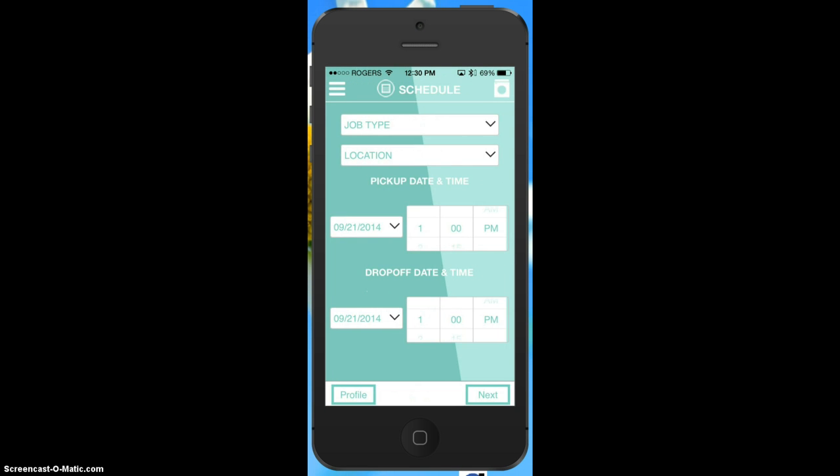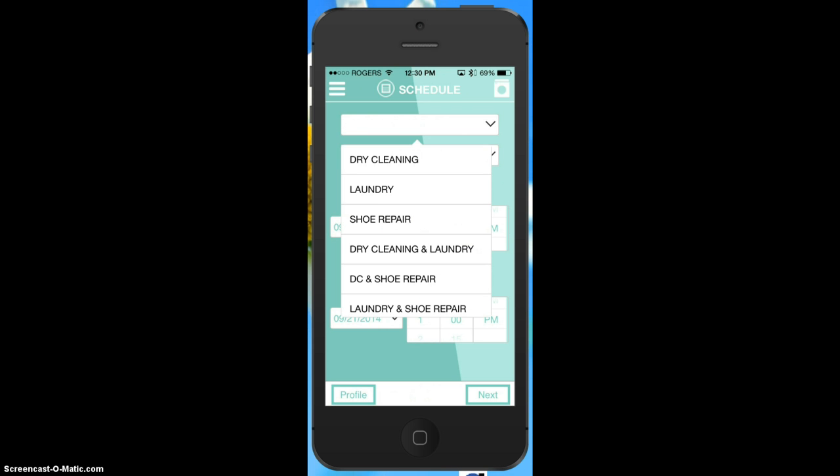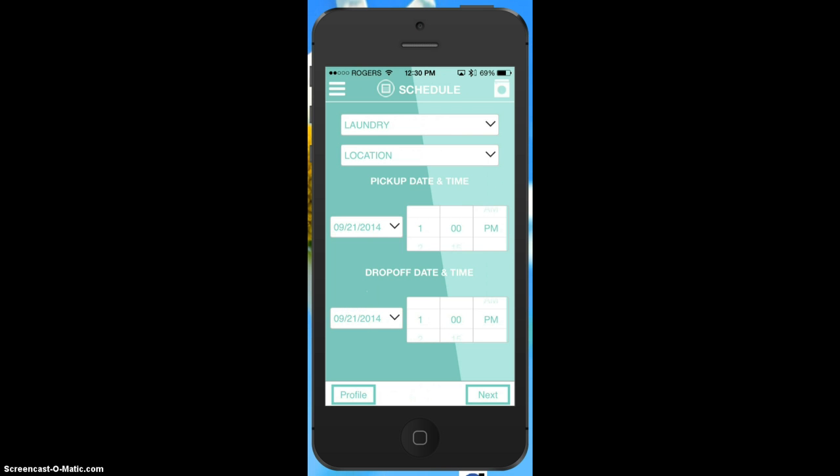Here we can select the type of order that we want to create: dry cleaning, laundry, shoe repair, that sort of thing. So we'll do laundry. Now if I just go ahead, there's some default values in for dates. Pickup date and pickup time, drop-off time rather. Pickup date and drop-off are the same date. So if we try to go next, we'll get a message saying that the drop-off date and time have to be after. So I'll schedule pickup for that date, but